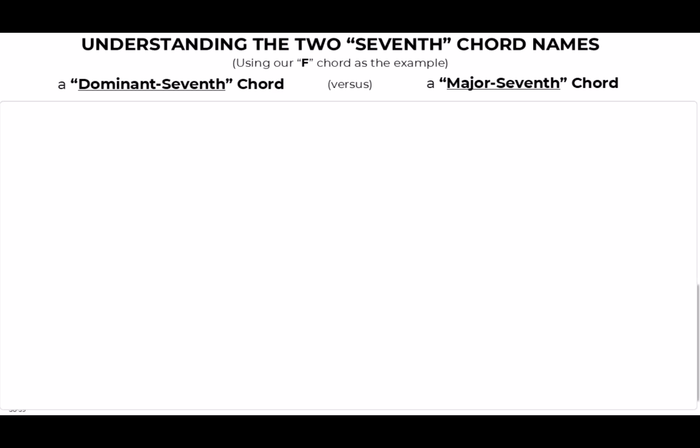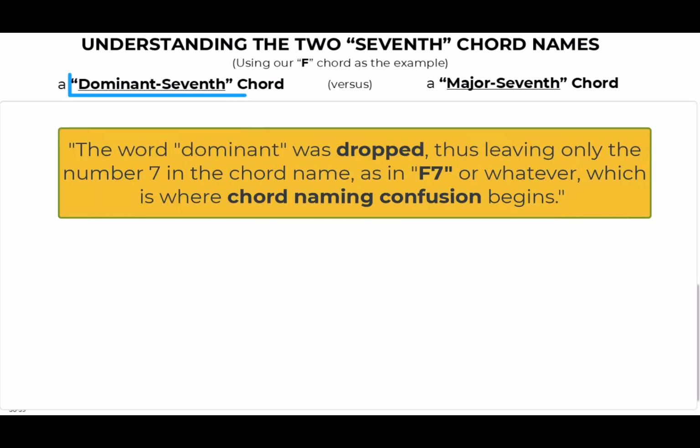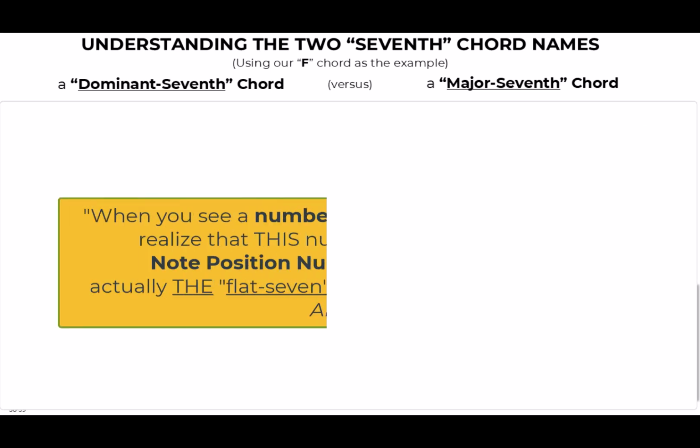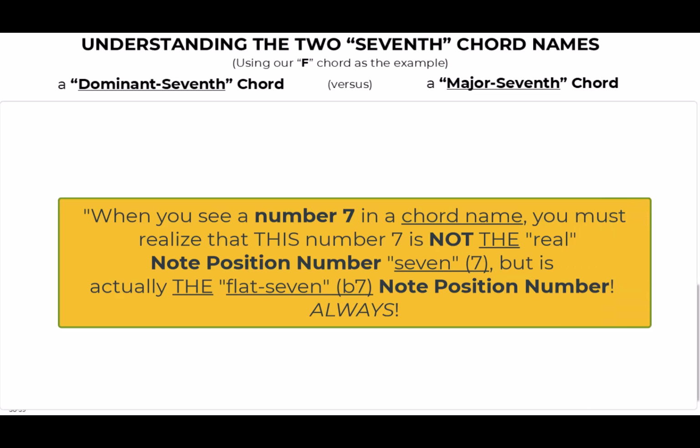Somewhere in time, the word dominant of the dominant 7th chord name was dropped, thus leaving only the number 7 in the chord name, as in F7 or C7. But this is where the chord naming confusion begins, so listen carefully. When you see the number 7 appearing in a chord name, again like F7, C7, E flat 7, or whatever,